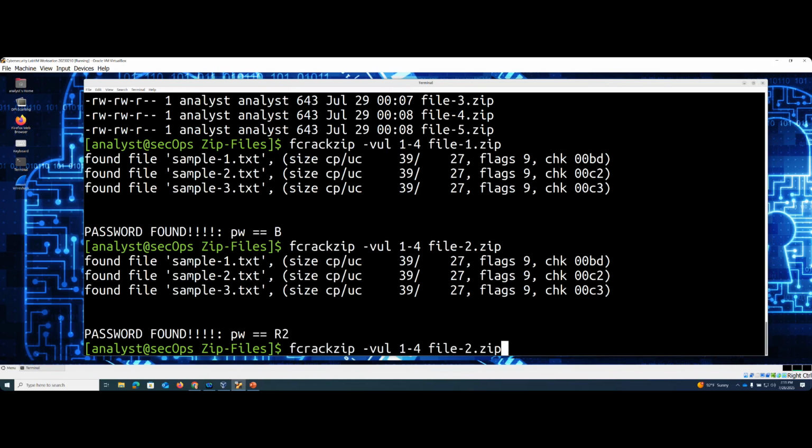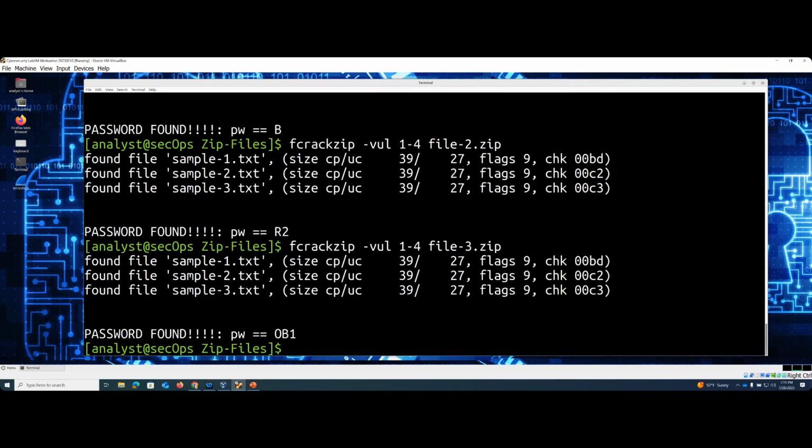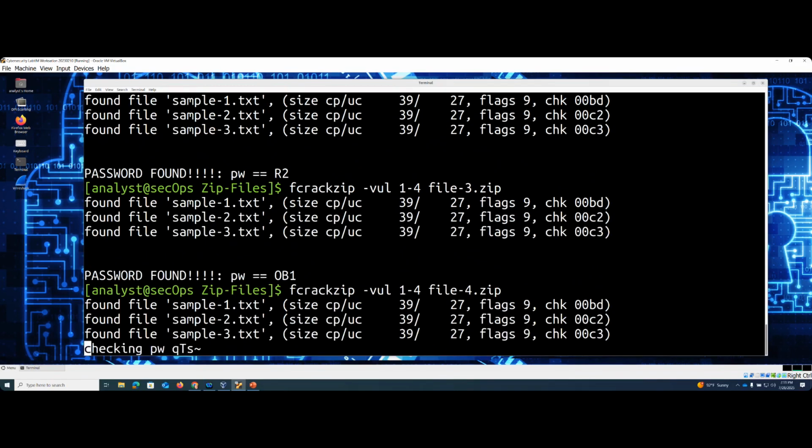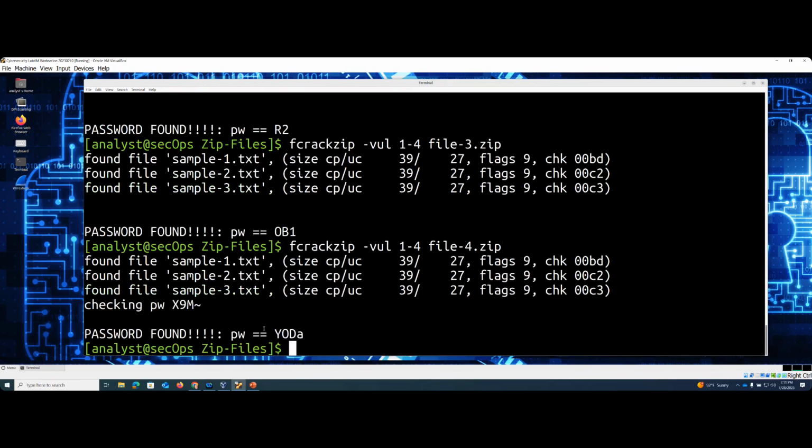So let's do file 3. We still are less than 4. And OB1 is the password. I just used what the lab suggested. All right, and let's do file 4. Takes a little bit longer. Did you notice? Because it's 4